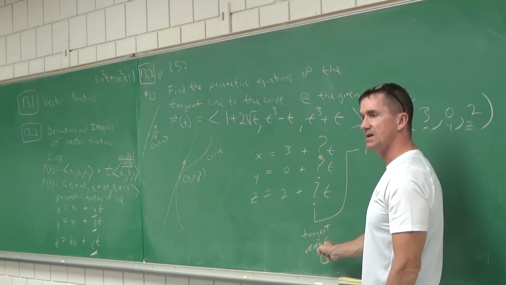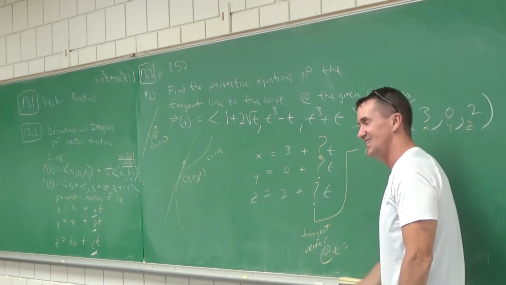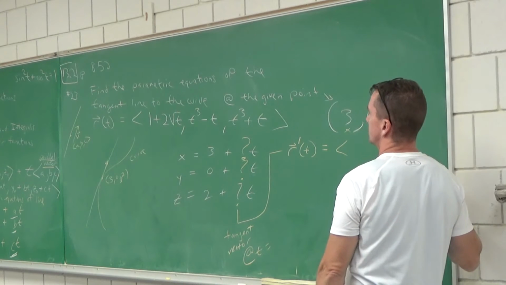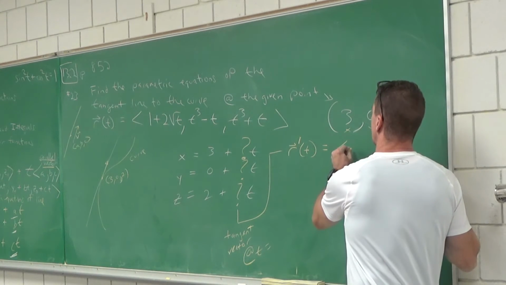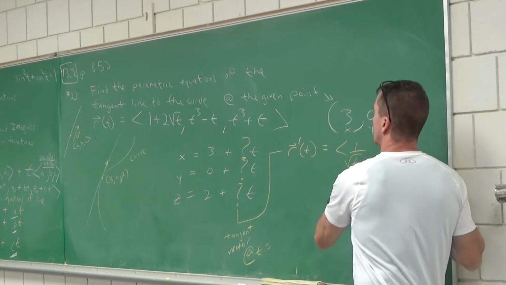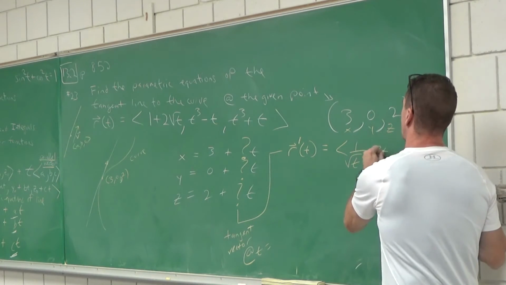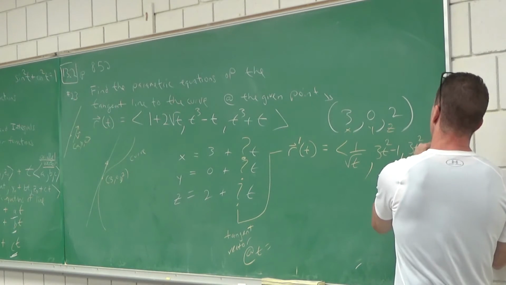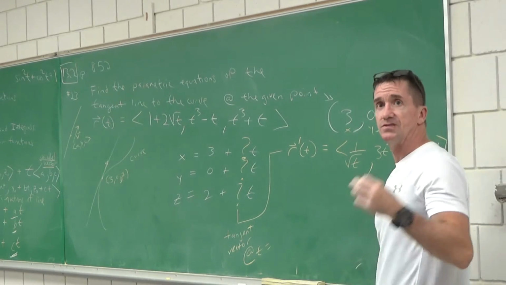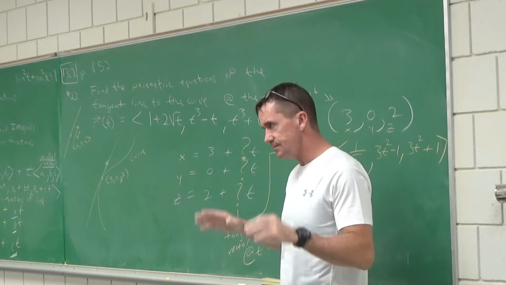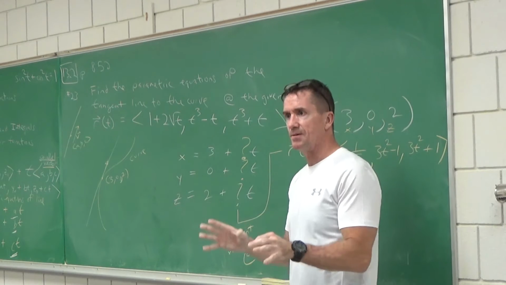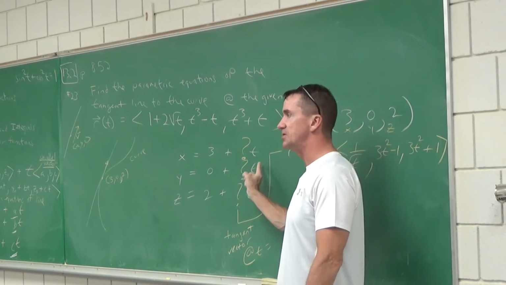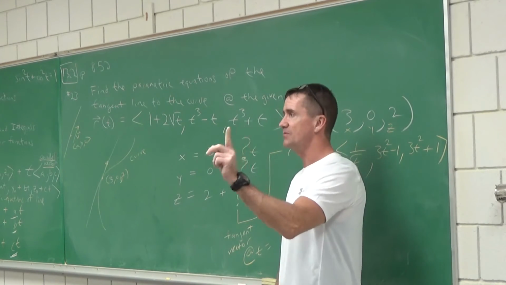Find the tangent vector at t equal to, I don't know yet. Well, can we just find the tangent vector first? Let's do the first one. 1/2 times 2 is 1, so 1 over root t. Let's do the second one: 3t squared minus 1. And the last one: 3t squared plus 1. And I've seen this happen, and I didn't want you to make this mistake on tests. People write all this, then jam it all in front of the t's and distribute the t. There's one more step.